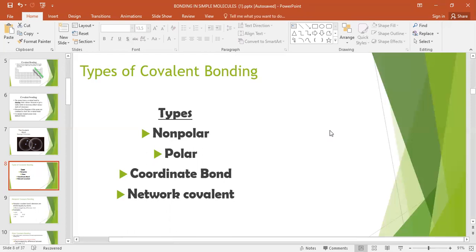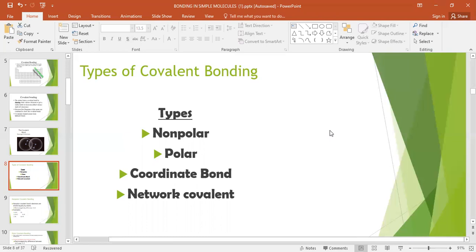Here we cannot write complete positive and complete negative. Why? Because this is not ionic. If ionic, like NaCl, Na and Cl, you can write like this, with no need to use this symbol. Understand now? Because this is ionic, they completely transfer the electron. But here they will not transfer the electron completely. They are going to share the electron. That's why, by sharing of electrons, they acquire a positive and negative charge. We call it a polar molecule.